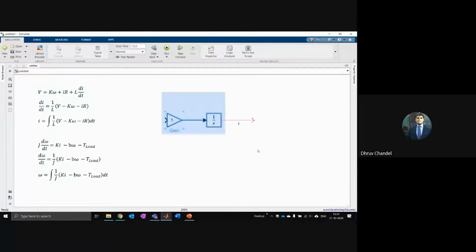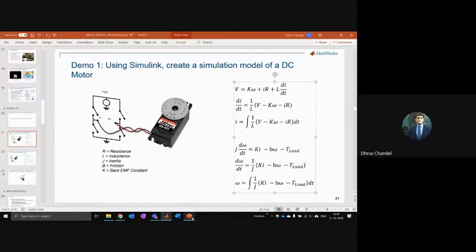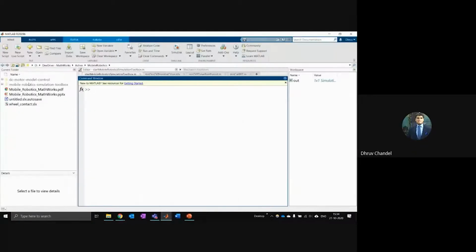Okay, so I have to put the value of 1 over L here. And what I can do is declare some variable values inside MATLAB, and those variables will be pulled into Simulink automatically. So either I can hard code the value here, or I can enter it through MATLAB. So if I go back to my presentation slides, oh, I didn't actually put the value here. Okay, let me go to my MATLAB script.